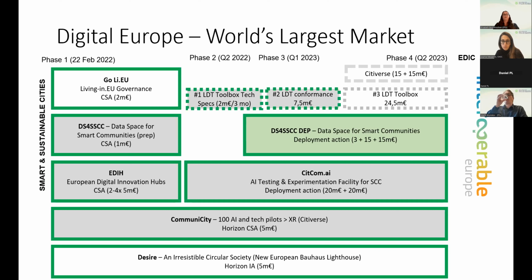And also in parallel, we have the establishment of the European Network of Digital Innovation Hubs, known as the EDIHs, which are also a key factor because they are a one-stop shop supporting companies and public sector organizations to respond to digital challenges. There are around 70 of them, so a fair amount in each country across the EU. And this year we also launched the AI testing and experimentation facility, where companies can test their AI-based products.